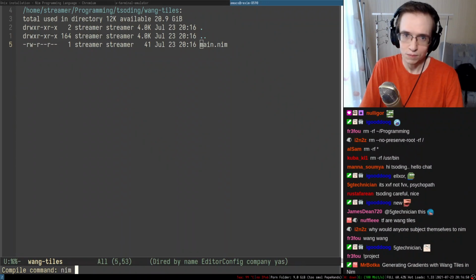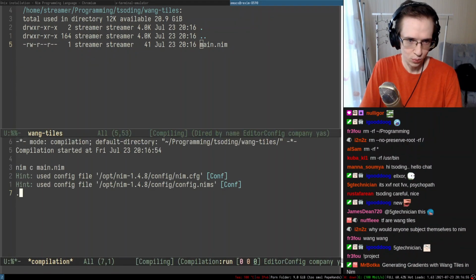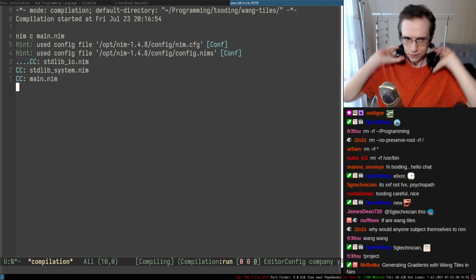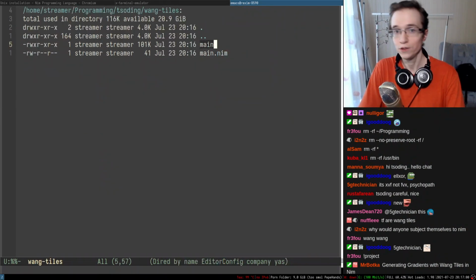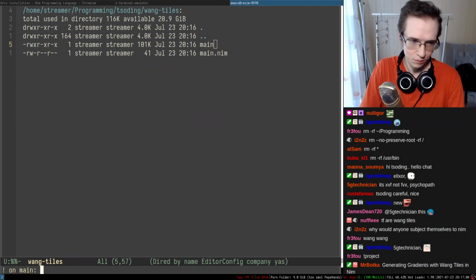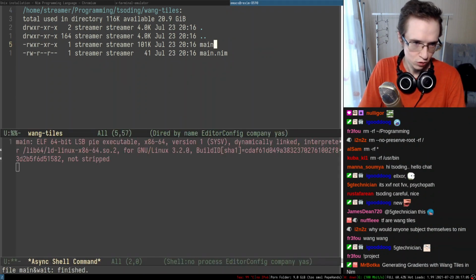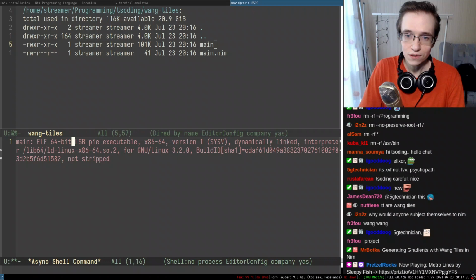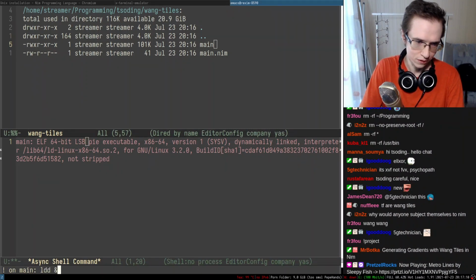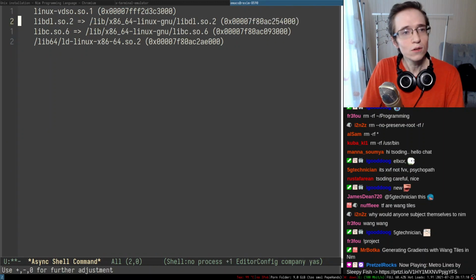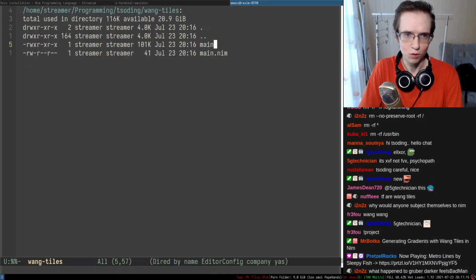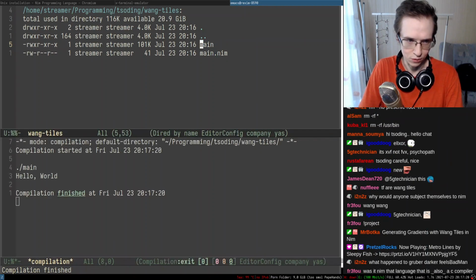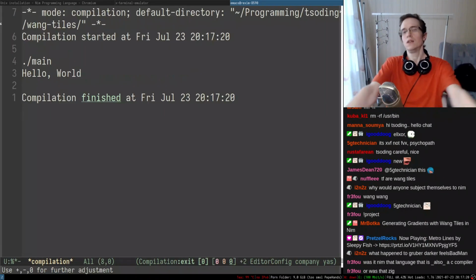And if I run nim, and I think I have to do something like c, will that work? I think it worked, and here is the executable. Look at that, it's a beautiful executable. The executable is dynamically linked. Unfortunately, it doesn't produce statically linked executables. Let's take a look at what it depends on. It only depends on libc and DL and nothing more than that. So that's fine.